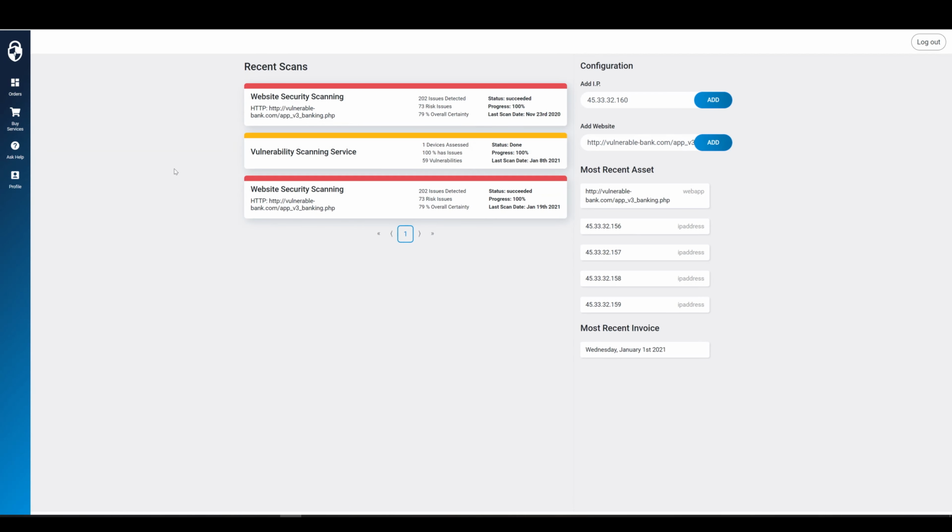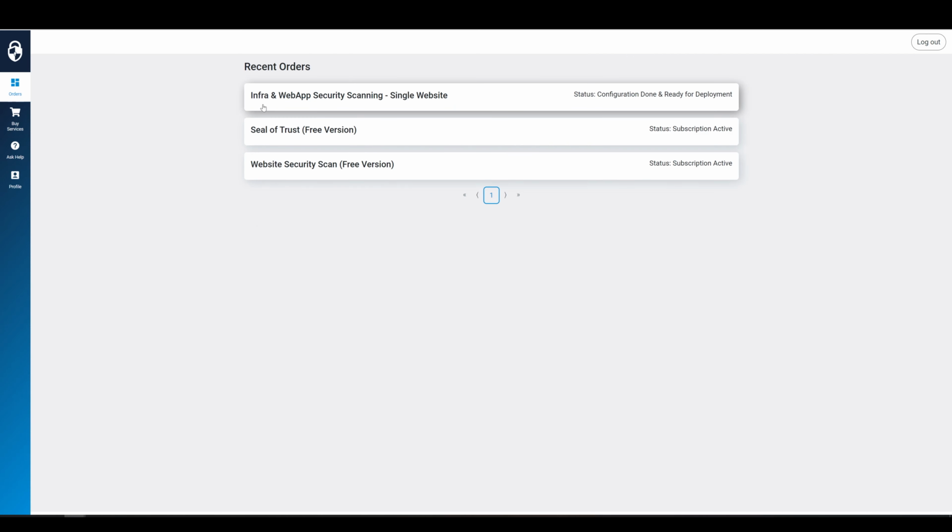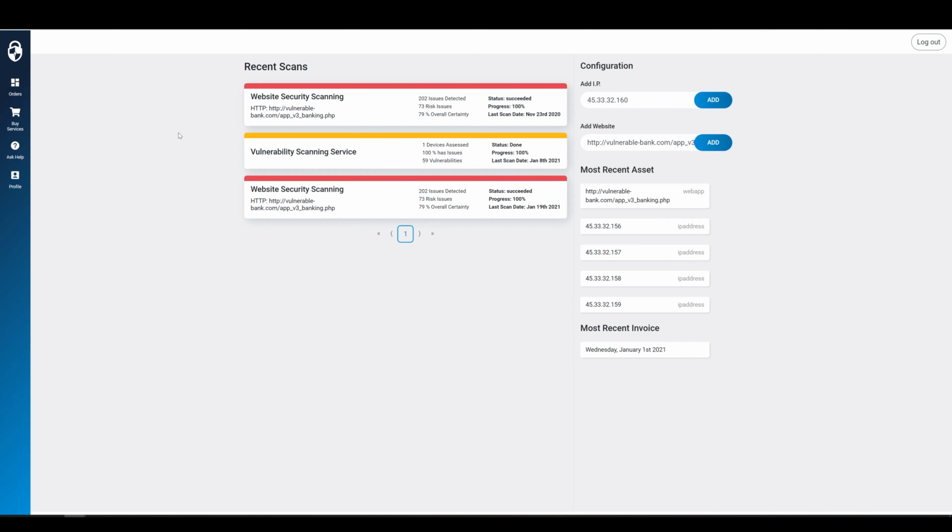In the Onlinehackscan dashboard, we have the capability to perform website security scans. When you have your listing on orders and you have a series of scans done on infra and web app scans, you'll see the tab website security scan, and you'll see a list of recent scans that you have done. The overview here is the website security scan on the host that you're running, numbers of issues, the detected